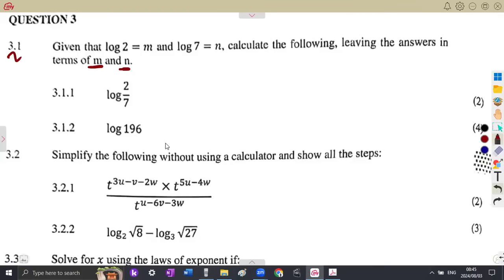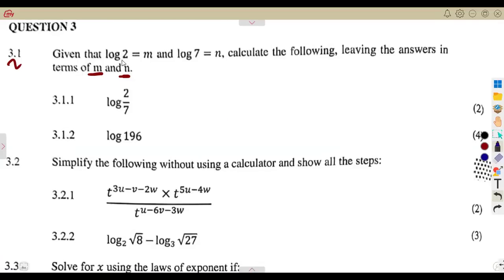So we are supposed to use, as much as we can, this information that we are given in terms of m and n. Where is m? In log 2. Where is n? In log 7. So meaning to say, wherever we see a log 2, we are going to substitute an m. All right, so let's start with the first question,